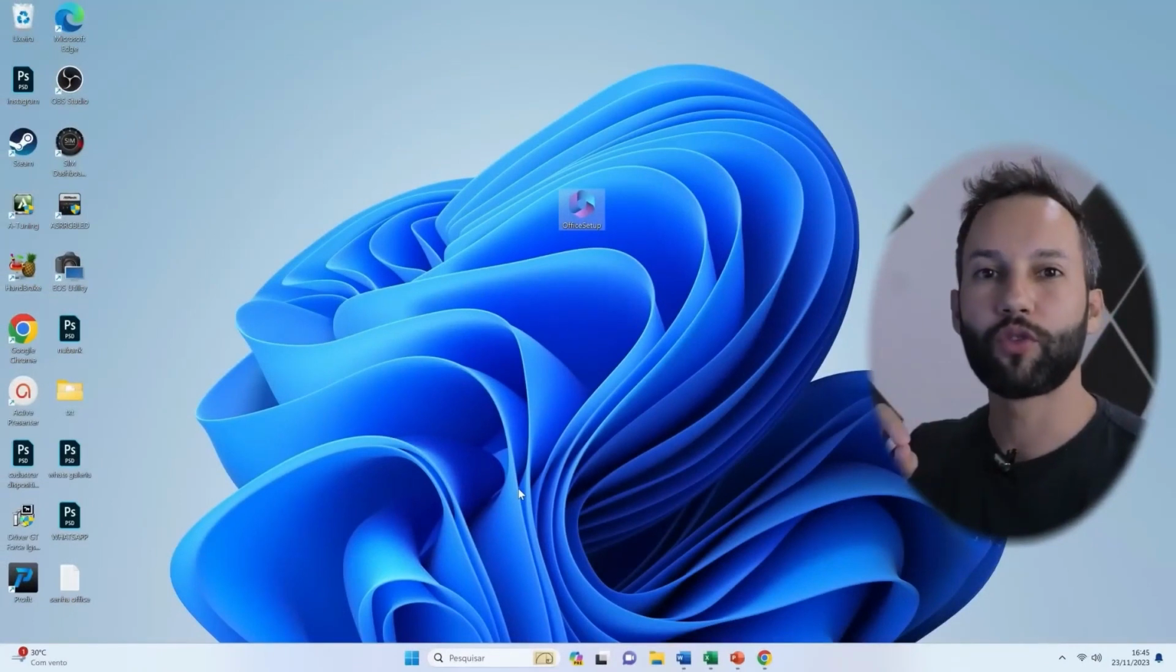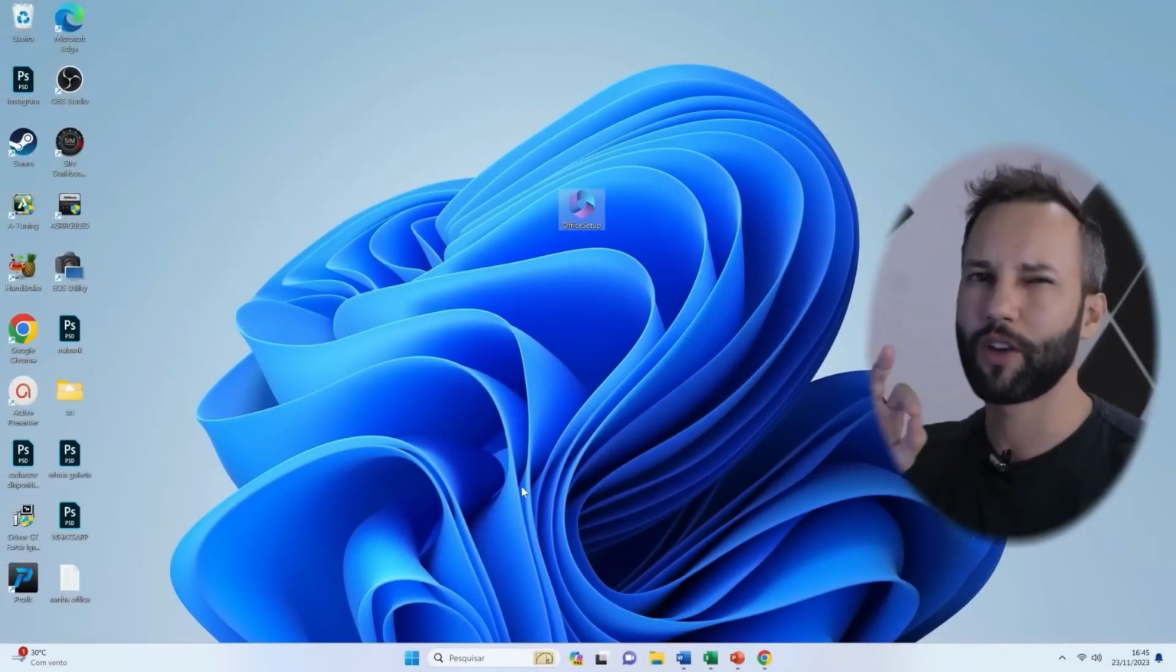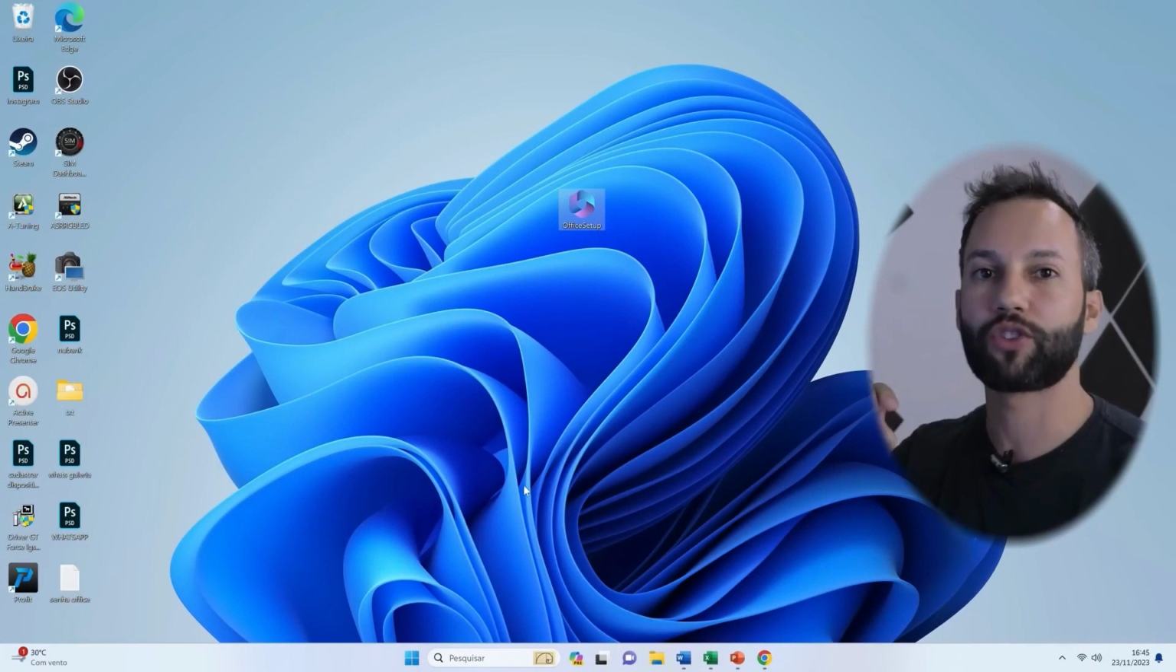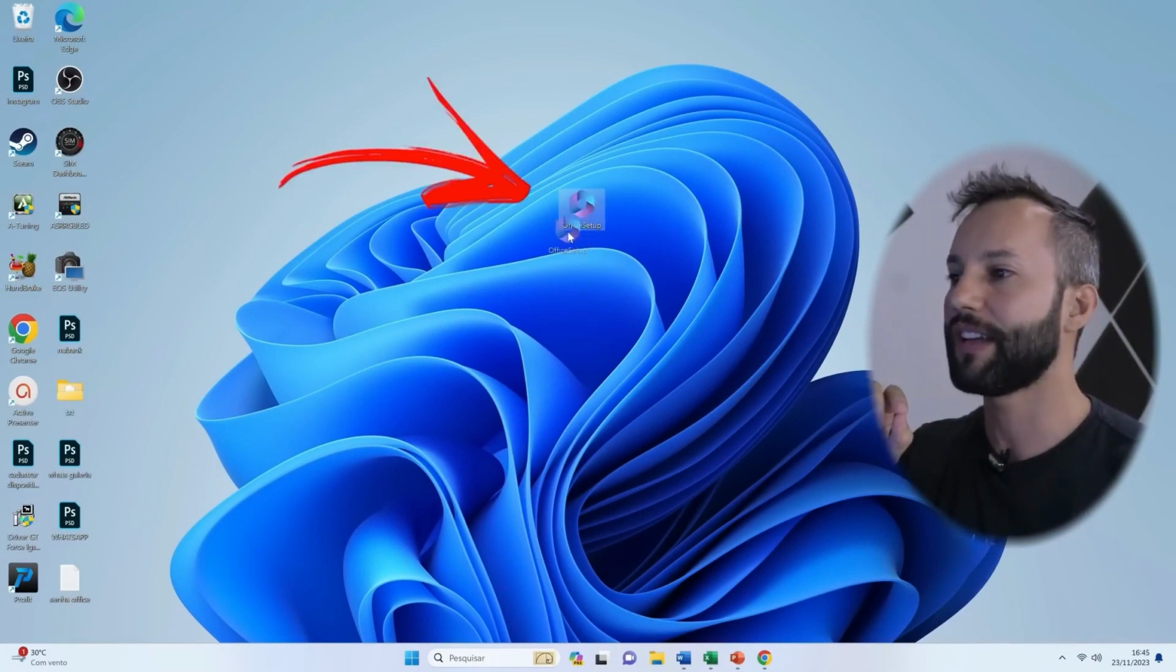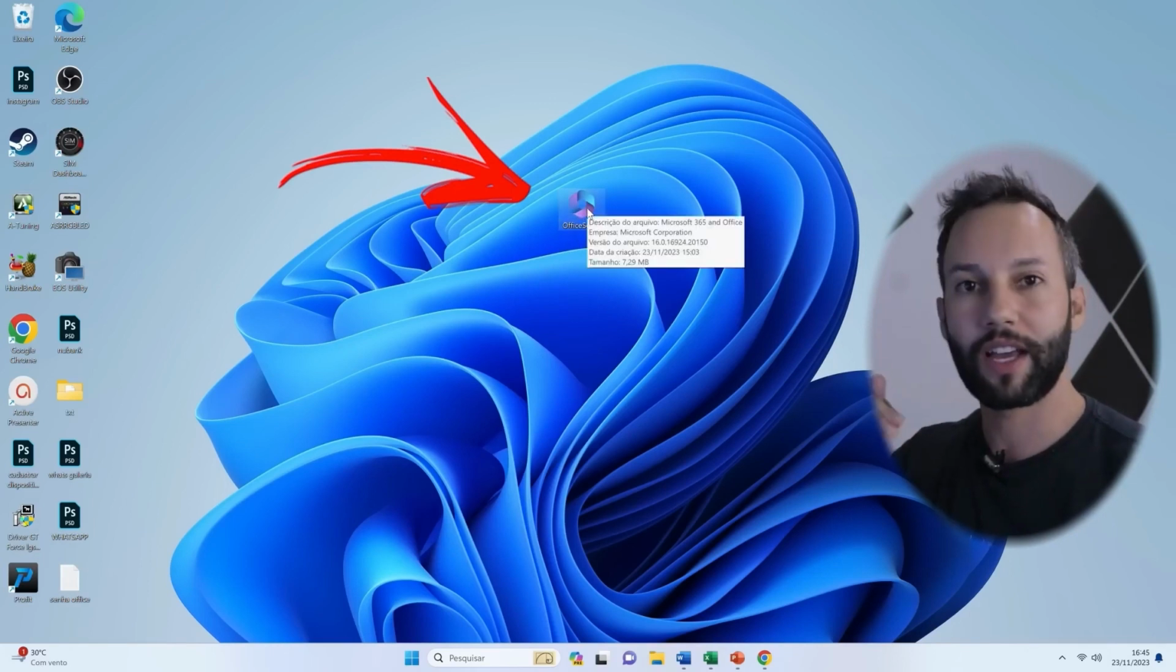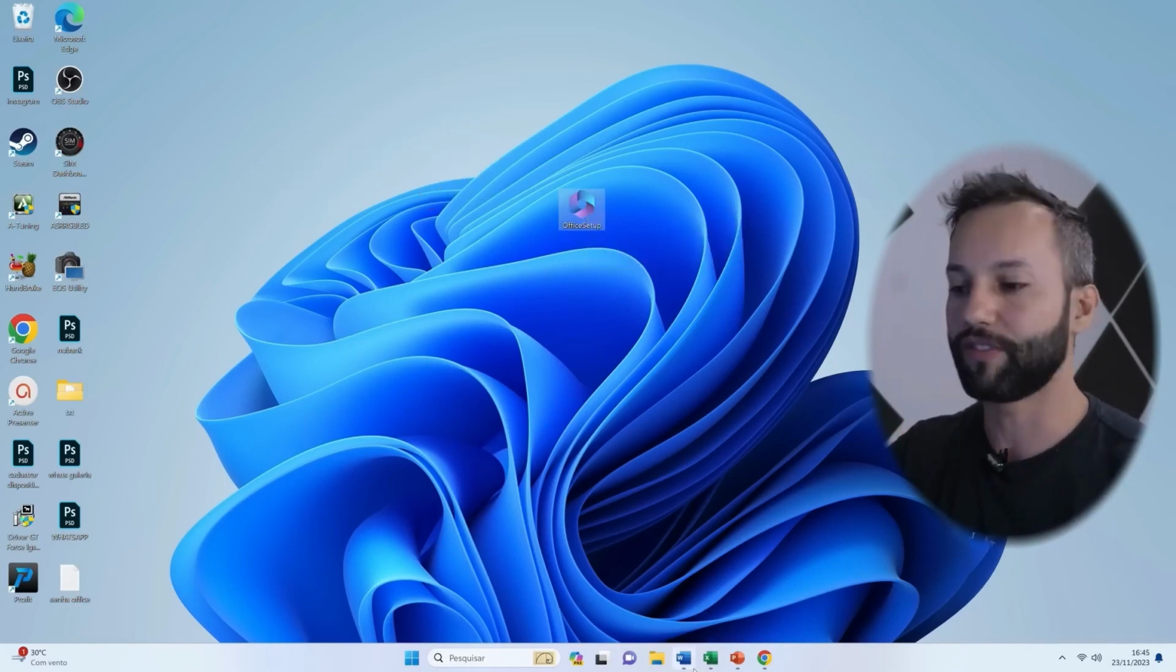And what if I told you that you can obtain the complete Office package without resorting to piracy, directly from Microsoft at no cost, and have it installed on your computer? That's what I just did. You can take a look here. This is the Office package that I just downloaded and installed, and I already have the programs open here